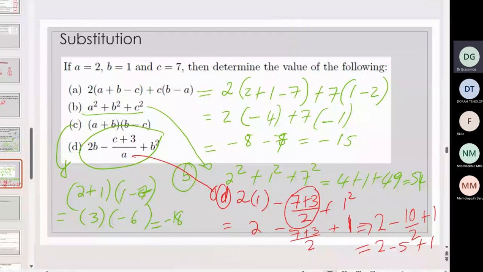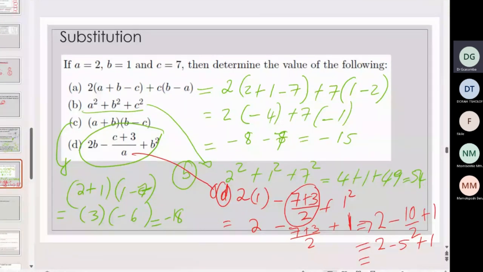So you're going to have, starting from left to right, 2 minus 5. 2 minus 5 is going to be -3. You need to apply the rules of addition and subtraction. When the signs are not the same, you subtract and take the sign of the bigger number. I am applying the rules of addition and subtraction. So 2 minus 5, the signs are not the same. So I'm going to subtract and take the sign of the bigger number. 2 minus 5 is -3 plus 1. So now here I'm going to have -3 plus 1, which is going to be equal to